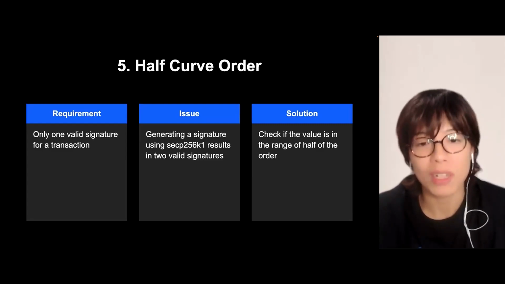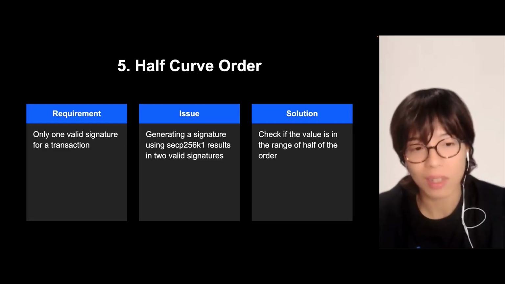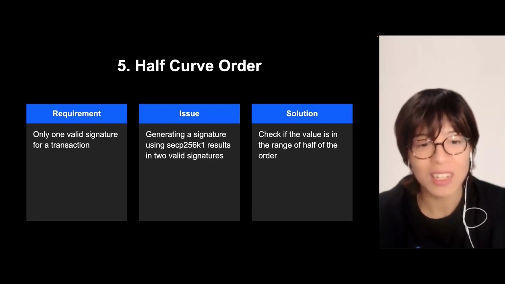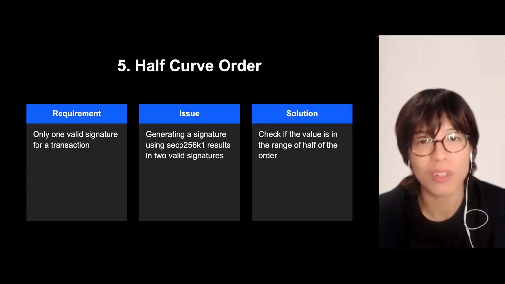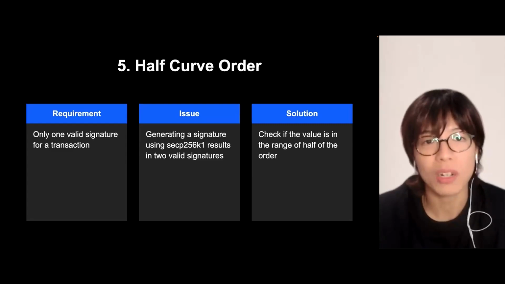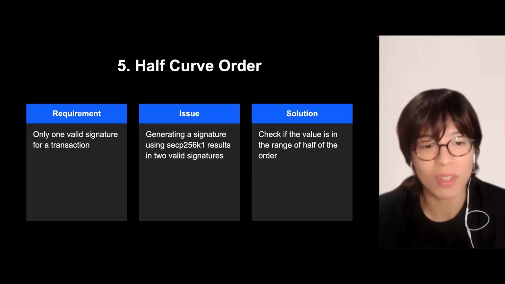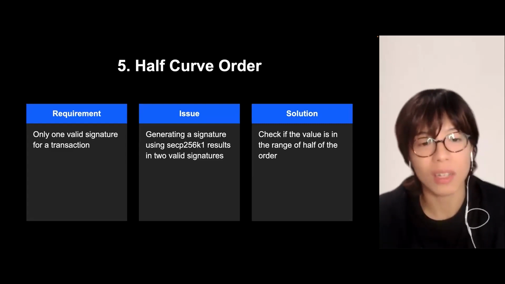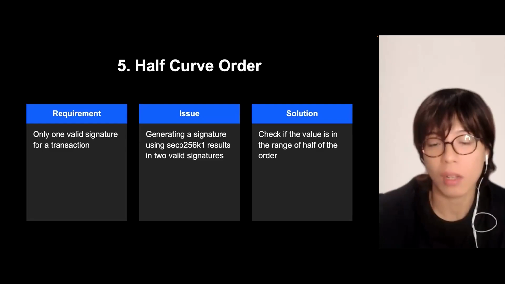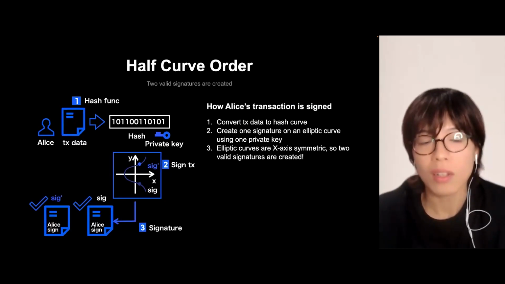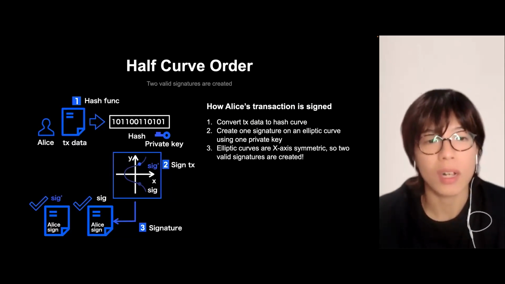So in the case of generating the signature, there should be a proof. With ECDSA, the elliptic curve secp256k1 has specific features which could lead to two valid signatures as a solution out of the curve generation. There should be an approach to make sure that only one will be valid.